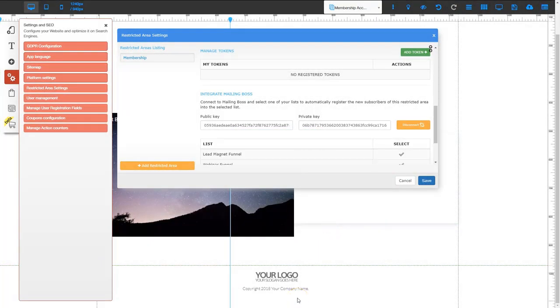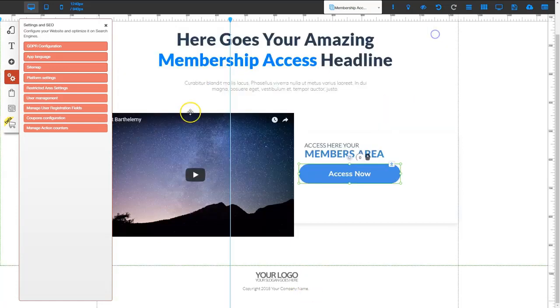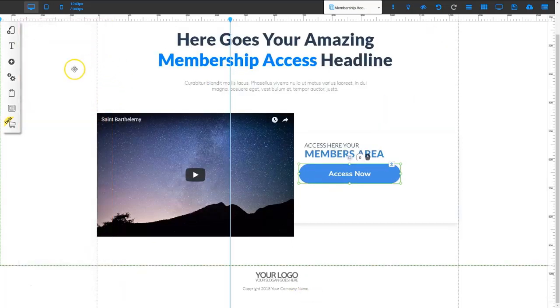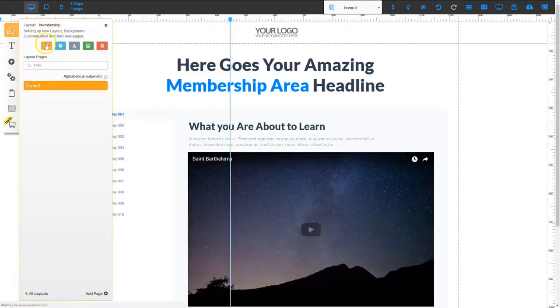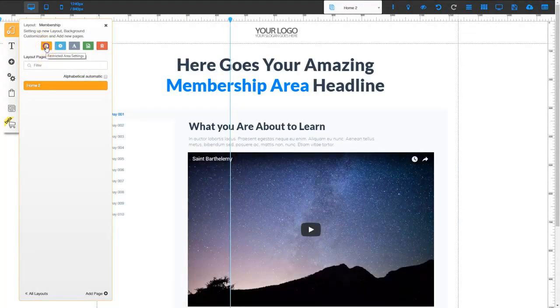So now I have a restricted area setting, and now I have to go in and set up my restricted area. So I'm going to close this box, and I'm going to close this box. And now I'm going to go over to my page icon, and here's my layouts. And remember, I've got a membership layout. I'm going to set this to be protected, as in nobody can get into this layout unless they've gone through that restricted area setting and registered. So in order to do that, I'm going to go to this layout and click the arrow, and then I've got a padlock right here, and I'm going to click that padlock,